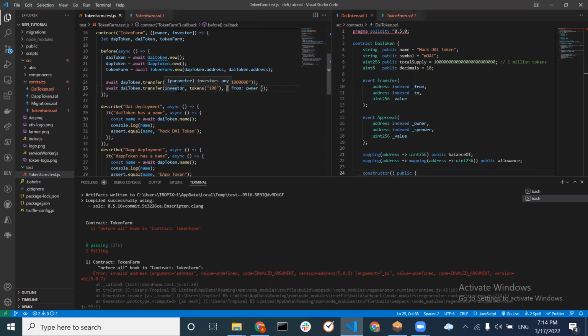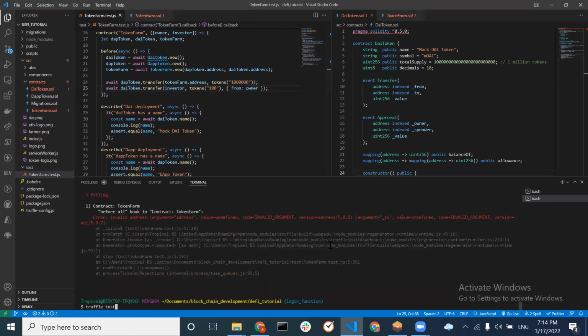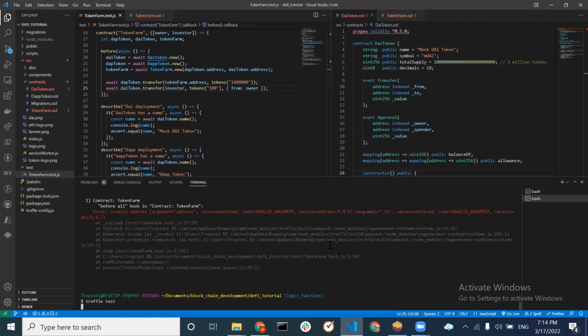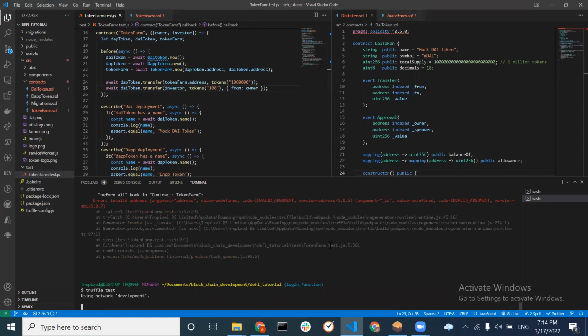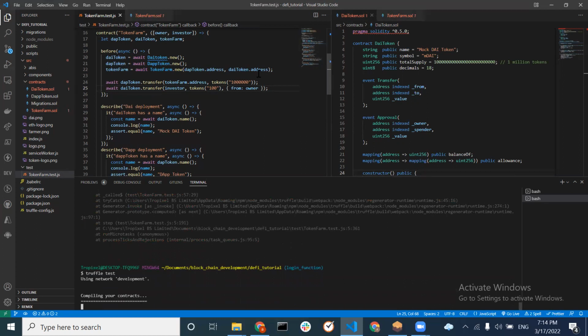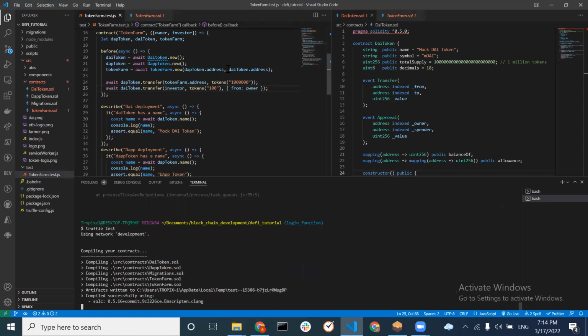You're transferring token to the investor. How much are you transferring? You're transferring 100. Yes, 100 token. And where are you transferring it from? We're transferring from our user, sorry, our owner. I think the reason why this happened is because it sees the first address as the owner, as the deployer, sorry. So you have to specify where this is coming from. The reason why we didn't use it in this DApp